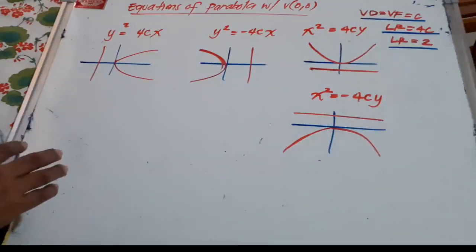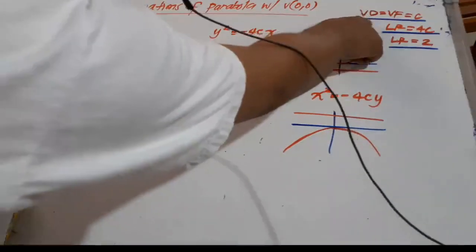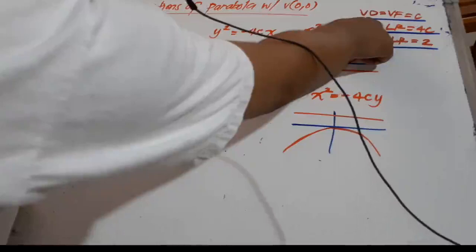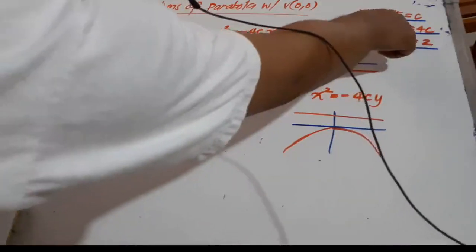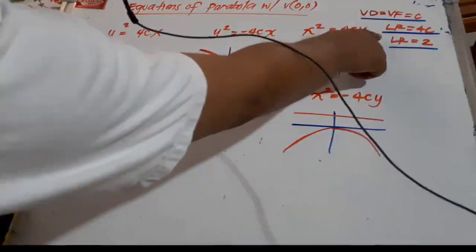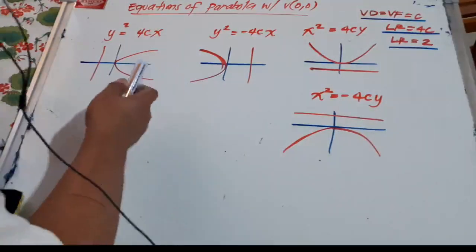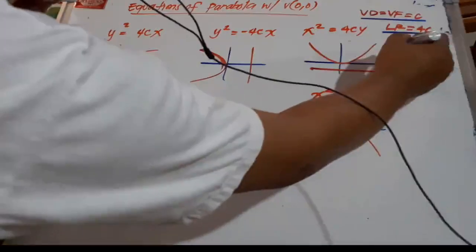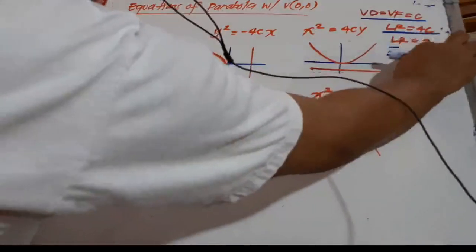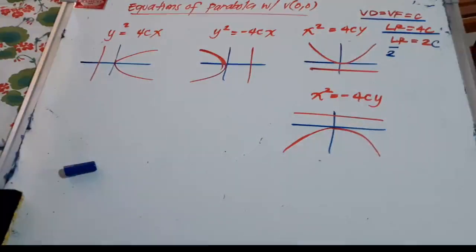Okay, also tandaan din natin that the distance of the vertex to the directrix and vertex to focus is equal to c. Okay, and that is also called the focal distance. Okay, the length of the latus rectum is equal to 4c, and half of the latus rectum is equal to 2c. Okay, so tandaan lahat ng ito at para makapag-graph tayo at ma-determine natin yung location of